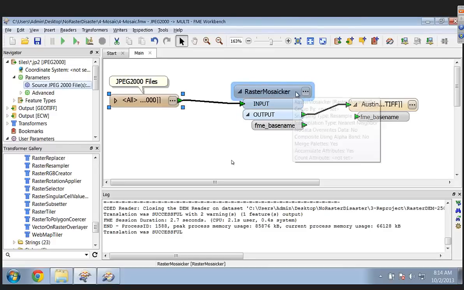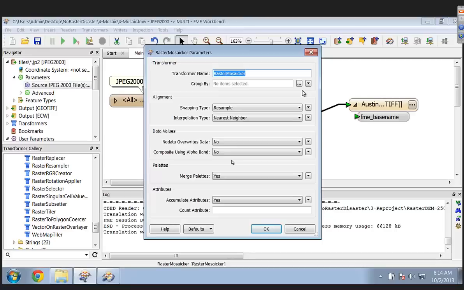And now we're going into the mosaicer. There's an interesting few parameters here. Anything that's worth pointing out, Dave? Again, the snapping type resample basically snaps if you need to. If the images are on slightly different pixel alignments, yes, it will snap them to usually match the alignment of the first one in, to make them all fit into the mosaic. Interpolation type, again, is nearest neighbor. We can probably get away with that in this instance, but for the best image quality, you probably want to use bicubic if the grids weren't aligned. If the images like mine are tiled, this wouldn't really come into play. No, it generally doesn't get used at all. Nearest neighbor is also the fastest, so if speed is an issue.